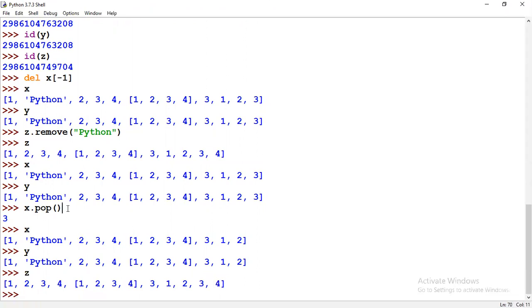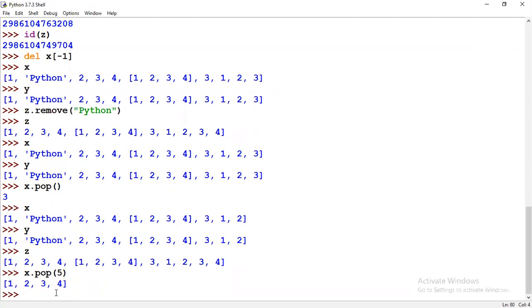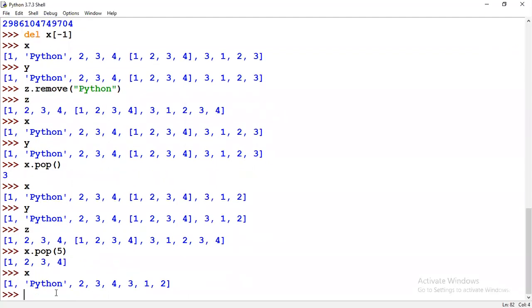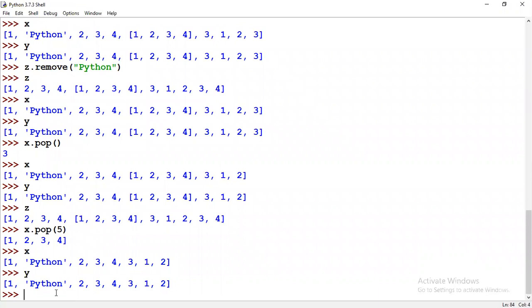Now in x.pop, we can give an index position to remove. So let me give an index position. What is this index position? I think 5: 0, 1, 2, 3, 4, 5. Correct. I am giving a 5. So the fifth index position from x and y got removed. So in x we don't have a nested list and in y also we don't have a nested list.